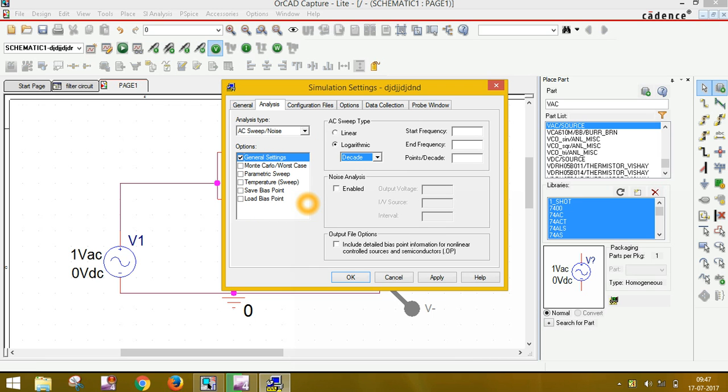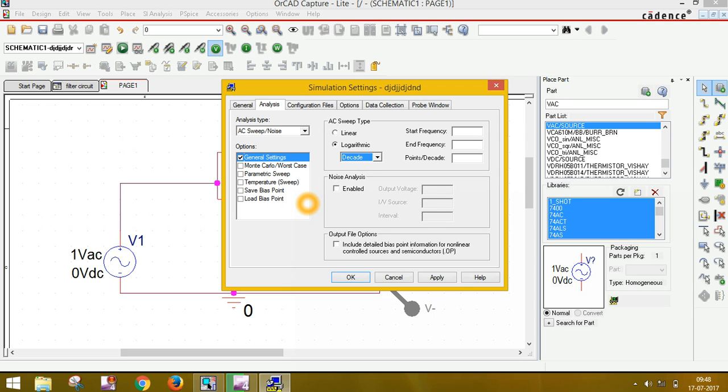So in case of a small frequency range, you use linear, and in a big frequency range you can use decade or octave. Decade is the factor of 10 and octave is the factor of 2. Our frequency is 1 to 1000 hertz. If the range is up to kilo, giga, then you can use decade and octave.